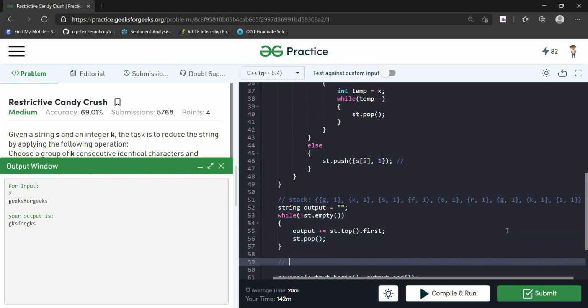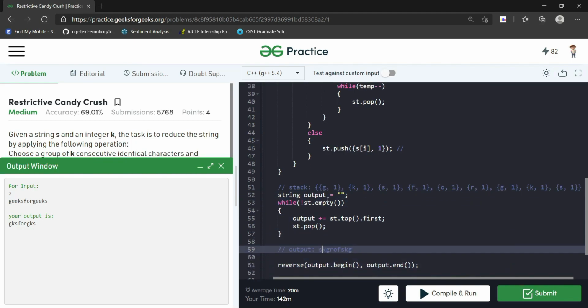So the output string will become, over here, S K G R O F S K G, right? The top of the stack is S, then K, then G, then R O F S K, and at the last is G. So this is our output string.